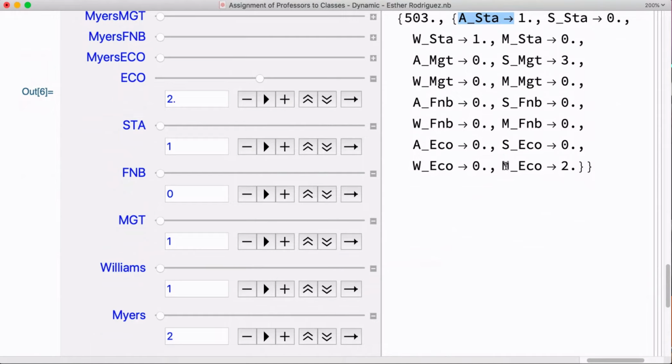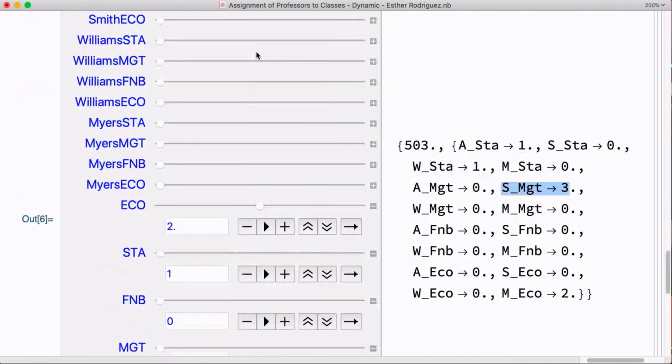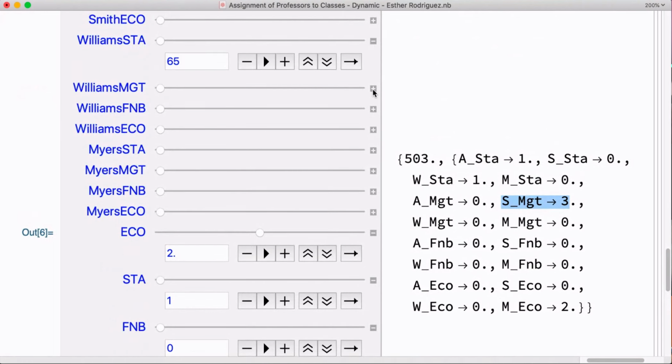What is other solution? We have 2 economics. Who is teaching management? Smith is teaching management. Why do we have this case? And what is that? This is a relationship between unbalanced situation when things may change. And I want to see what may change. What may change is what is happening